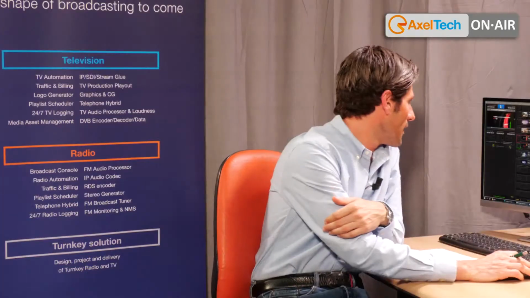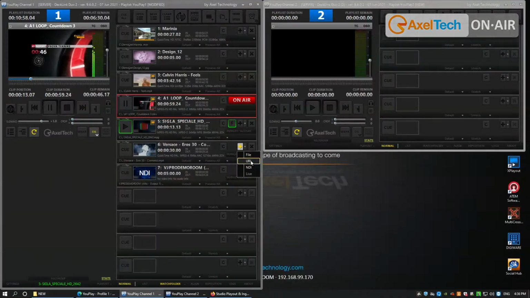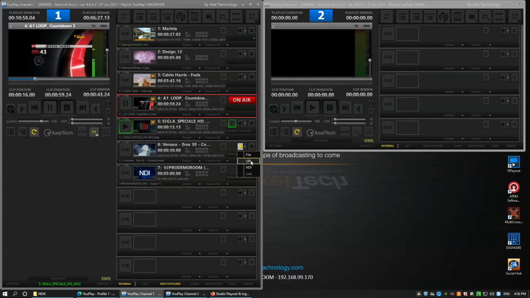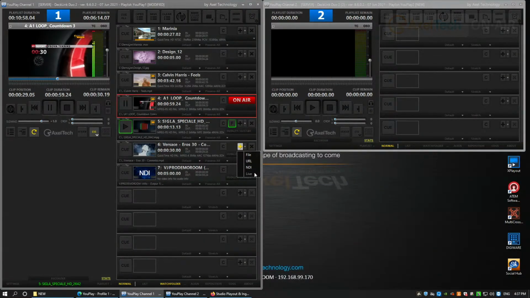Okay, yes. Let's see in practice what I can bring into my playlist. I was saying you can bring virtual NDI sources, so via IP. You can import a URL, so a streaming video coming via IP, and a live source. Depending on the license you have on UPlay, you can have a live pass-through coming inside the playlist. So I have, for example, 3 pre-recorded videos, 1, 2, 3, and if the license I purchased from Axel